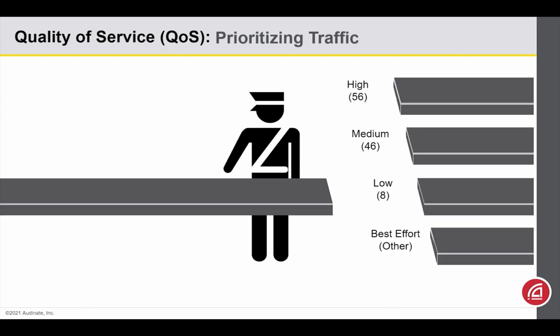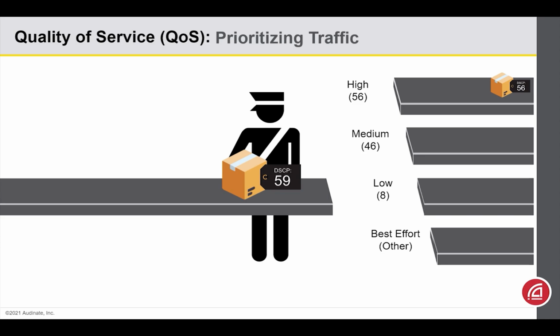QoS priorities are set at the switch. Dante packets will be tagged with a DSCP value, and the switch can take an action based on that. Now it's easy to look at this and think the higher the DSCP value, the higher the priority. But that's not the case. Dante packets will be tagged with a DSCP value, and the switch will decide which queue to put that in. Now, if you've set up the switch the way we suggest, a value of 56 will be given the highest priority. That's our clocking packets.